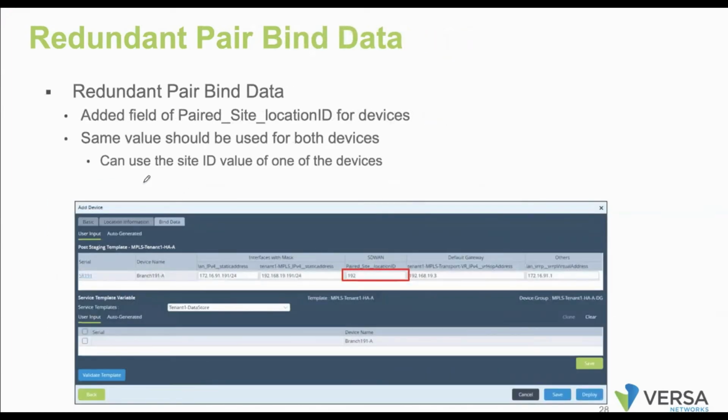Then coming to the actual configuration. In the devices, in the bind data, if you are running VRRP, it will ask what is the LAN IP address as well as what is the VRRP IP address for this particular LAN. If you are configuring VRRP, you need to provide the LAN IP address as well as the virtual IP address. When it comes to the pair ID, you have to mention the same value on both the devices. This pair ID will be used in order to extend the WAN circuits.